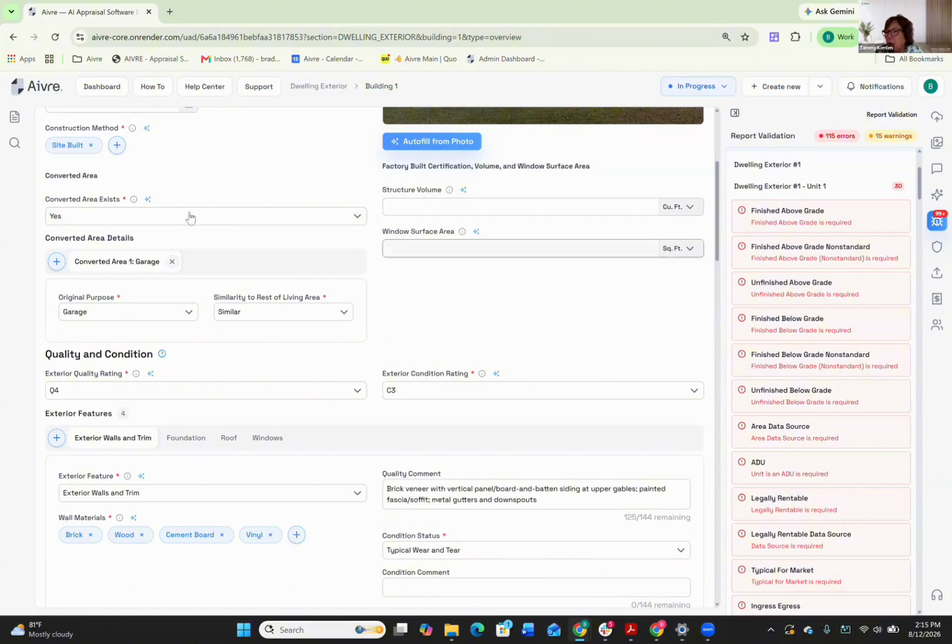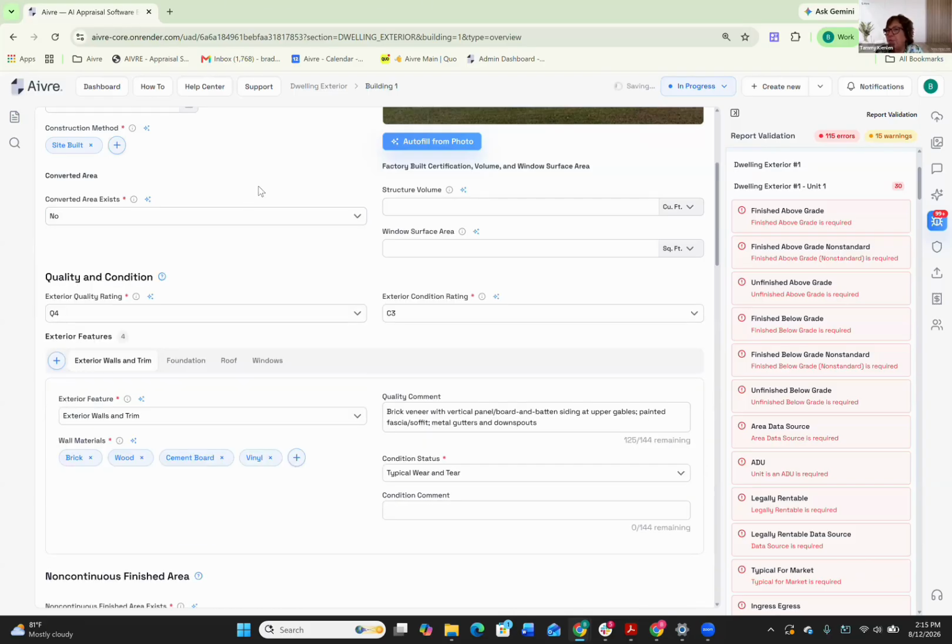Okay. So next, let's go to converted area. And in this case, we've already pre-selected it as yes, which is okay. If it's not, you pick no, and its little friends go away. Okay. But since we picked yes for converted area,